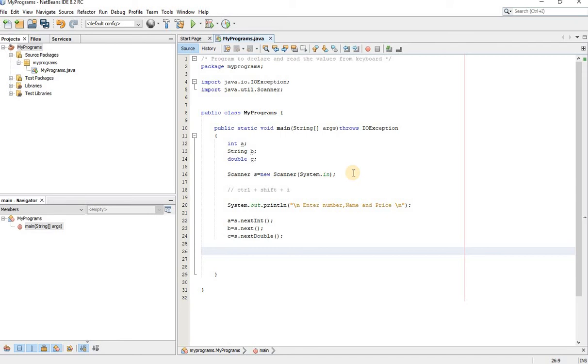Now you need to display them. I will say System.out.println. You can write a message like \n, printing the values available in memory. Got it? \n. So I'm giving you \n two times, and here now what I will do, System.out.println, you write here a plus.